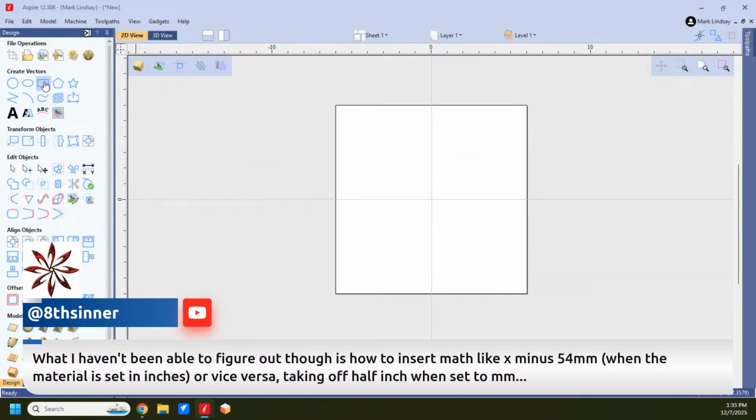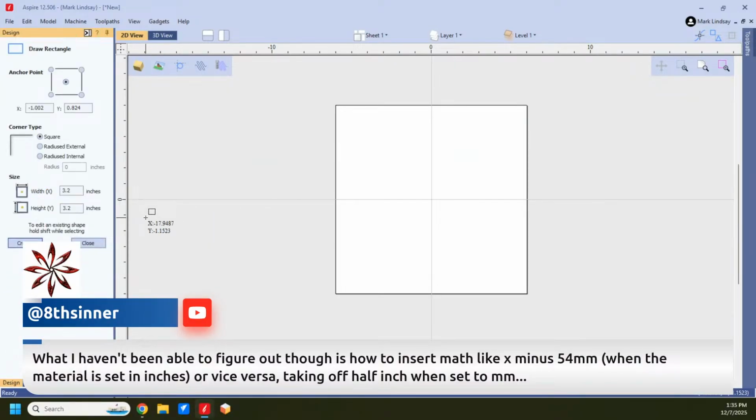And we're going to draw a rectangle, and the center of that rectangle is going to be at X0, Y0. Square corners. The width is going to be, let's use your example,